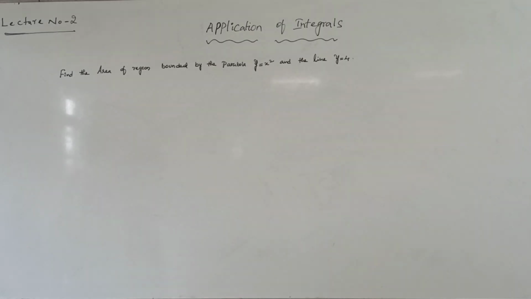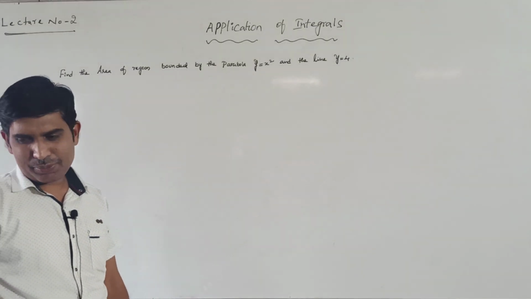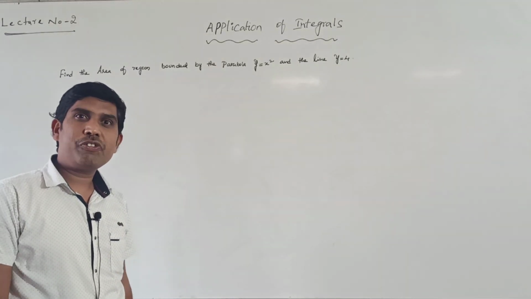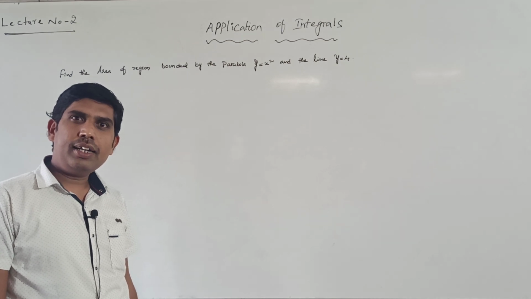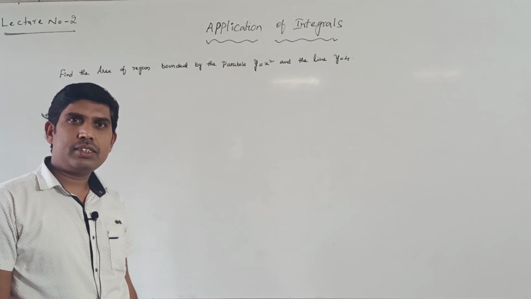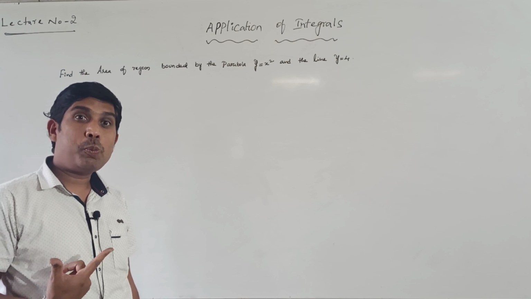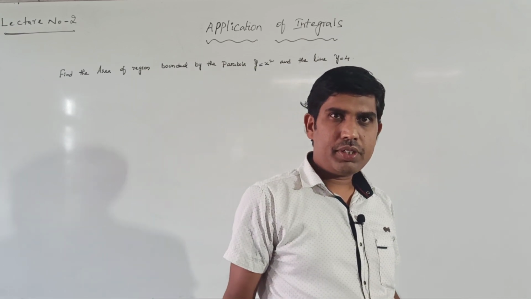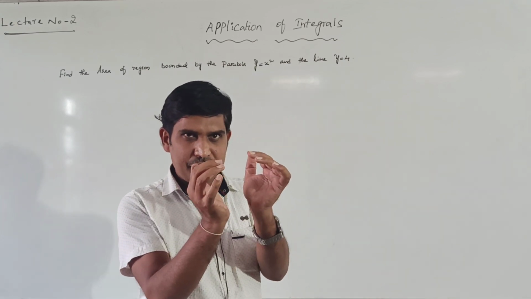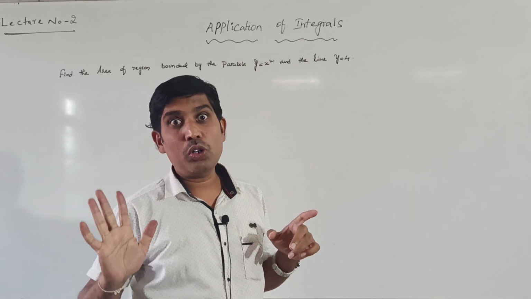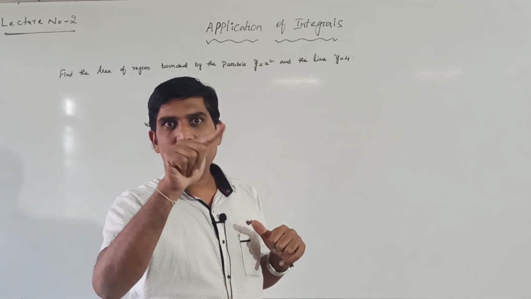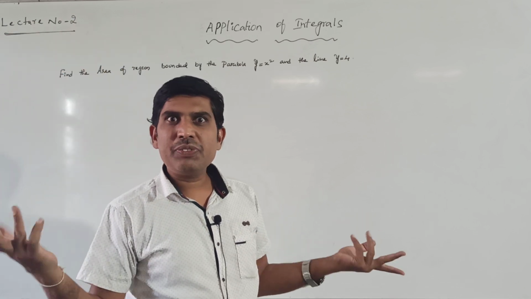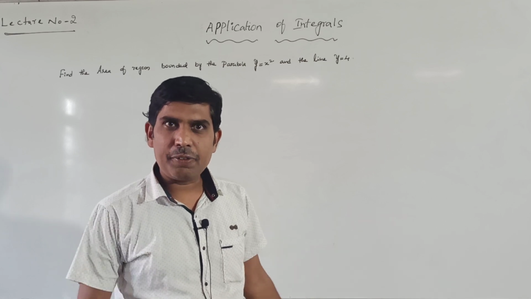In the previous two problems and this problem, what is the difference between them? Circle and ellipse are closed figures, but a parabola is an open figure. So for an open figure we cannot find the area. Understood? If it is bounded, we can find it. A circle is a bounded figure, we can find it. An ellipse is a bounded or closed figure, we can find it. The area of a parabola, we cannot find. Why? Because it is an open figure.